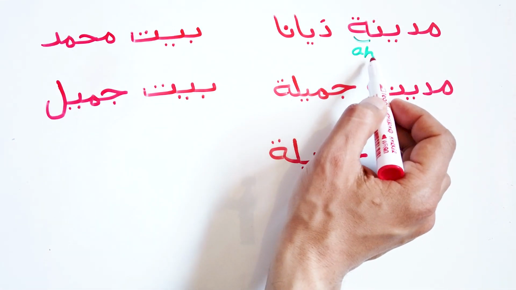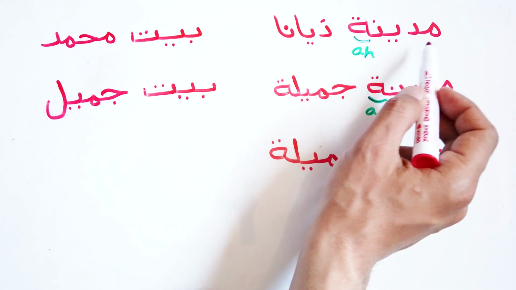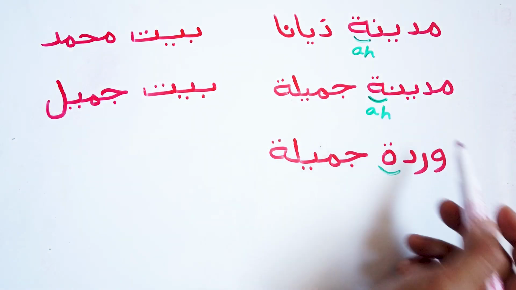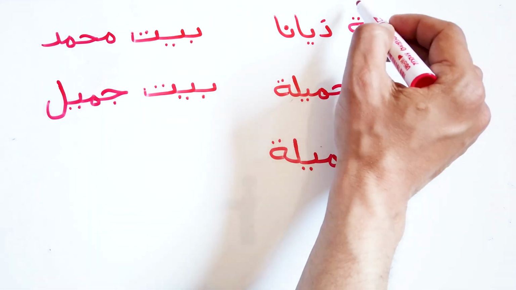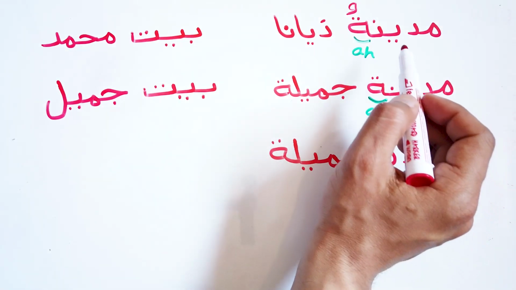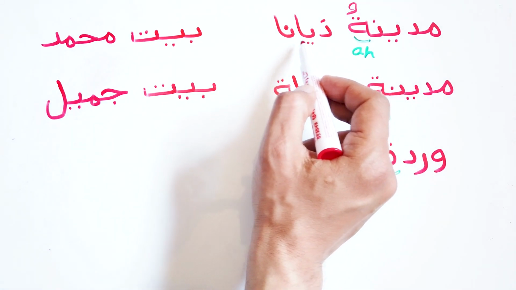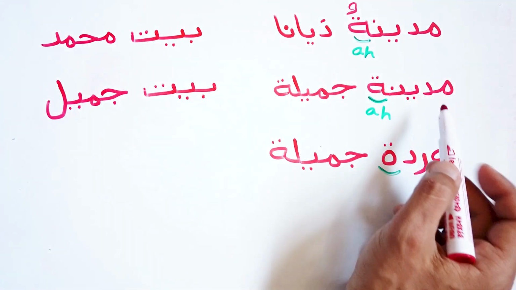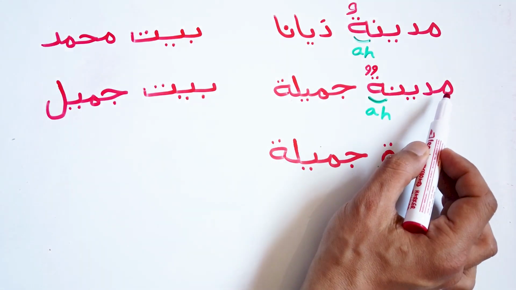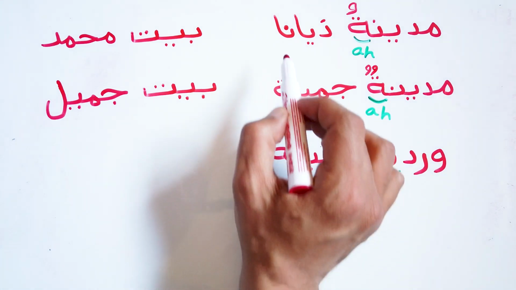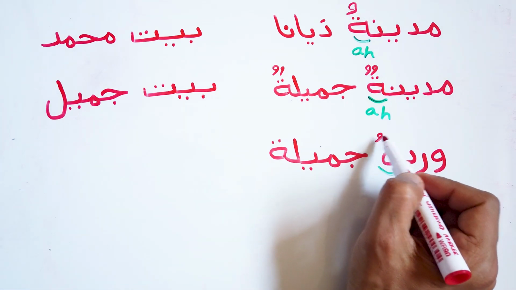We don't pronounce the ta مربوطة. We pronounce it like when we pause on the last letter. Look, I say Medina, Medina, Medina, Warda, Warda. I stopped here, okay? Okay, let's add here Dhamma. Okay, and let's read the whole phrase. So I'm gonna say Medinatu Diana. Here, I'm gonna add two Dhammas, which is Tanween بالضم. I'm gonna say Medinatun